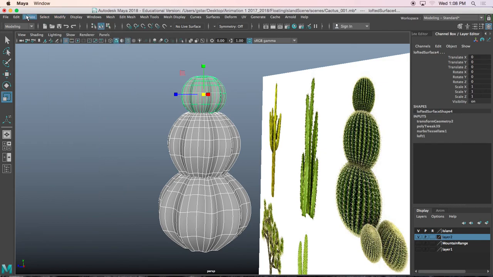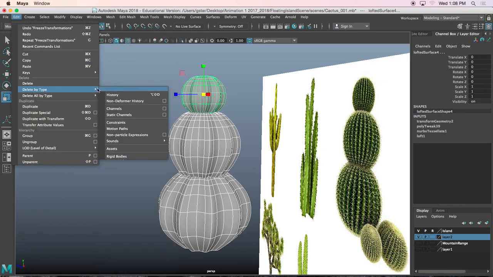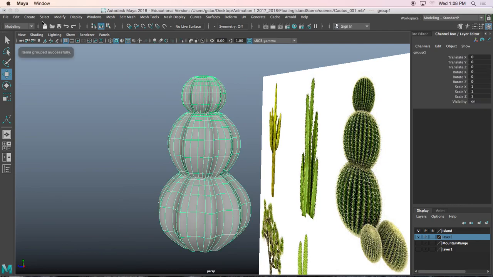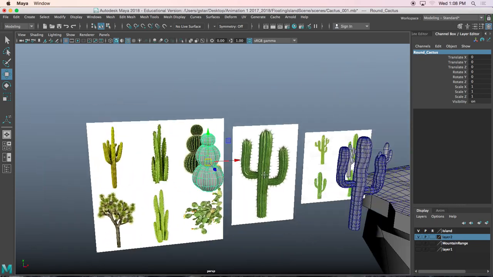Modify, freeze transformation, edit, delete by type, history. We'll press Control G, modify center pivot, and I'll call this round cactus. And then we could take this entire group